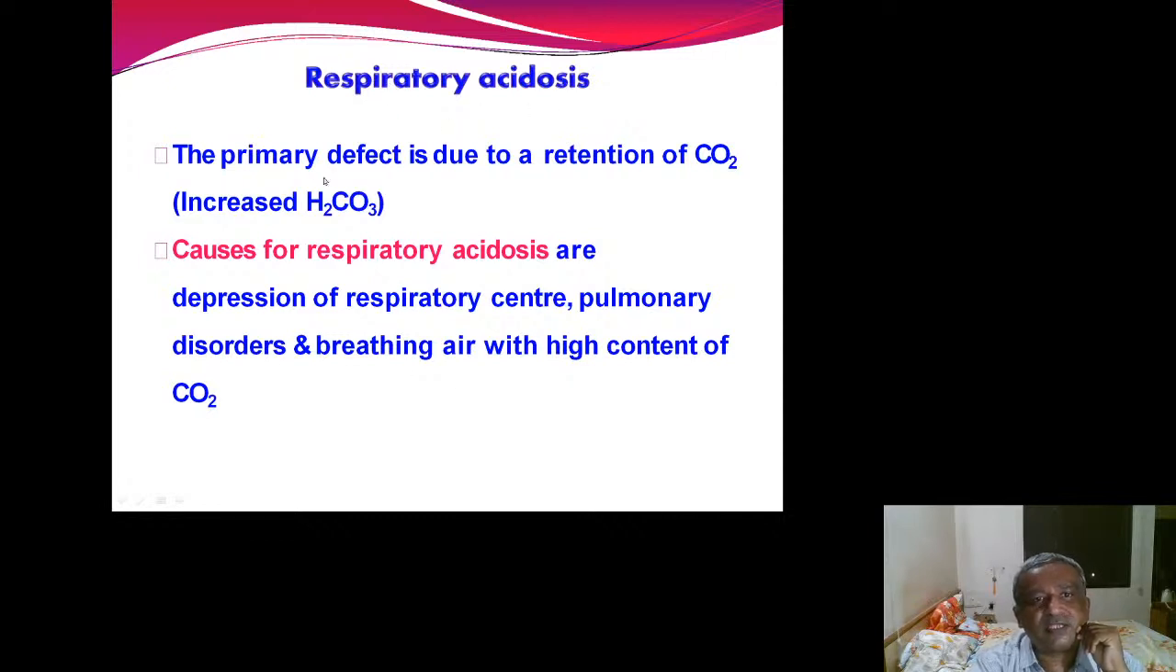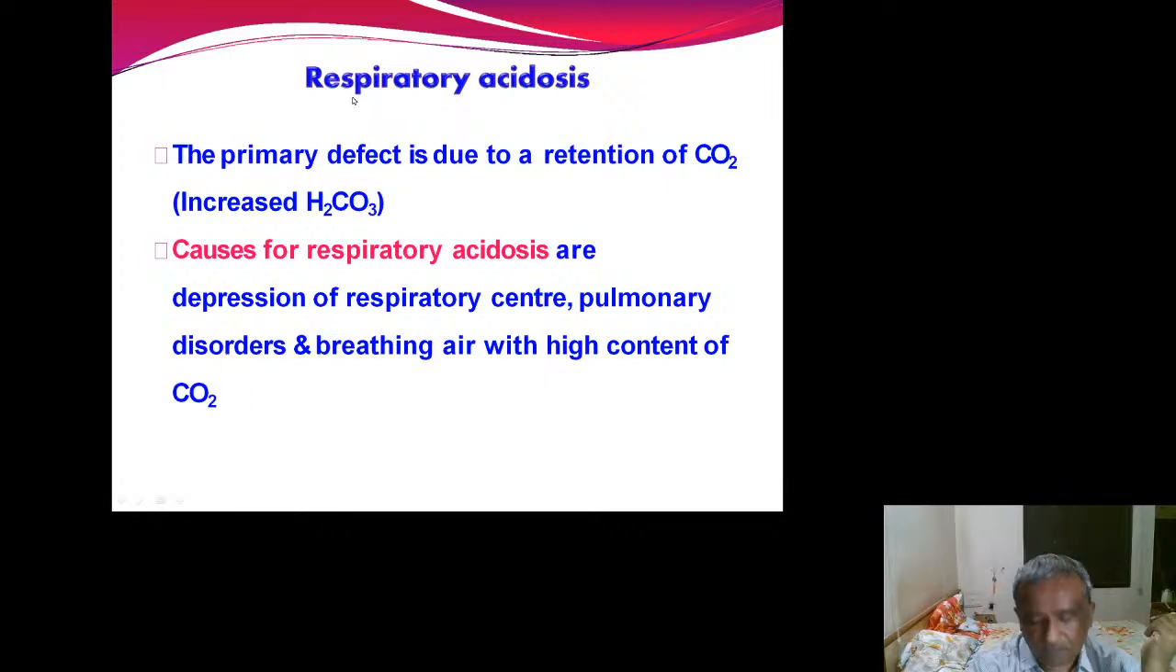In respiratory acidosis, the primary defect is retention of CO2, what we call CO2 narcosis. Because of respiratory depression, the patient is not maintaining ventilation properly. There will be an increase in the CO2, an increase in the H2CO3. Causes of respiratory acidosis are depression of the respiratory center, pulmonary disorders, and breathing air with a high content of CO2. All the gas poisoning, all the workers who are working in the underground sewage,